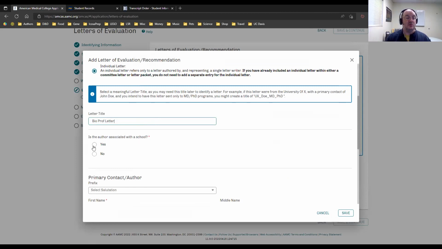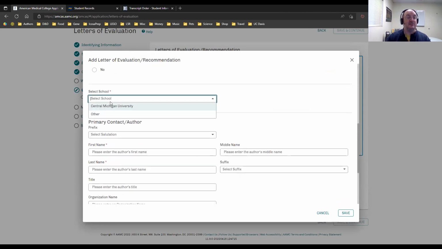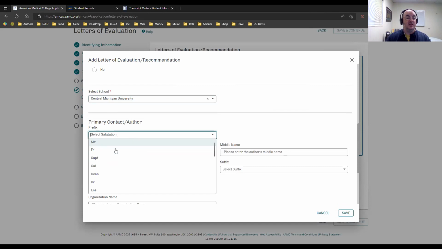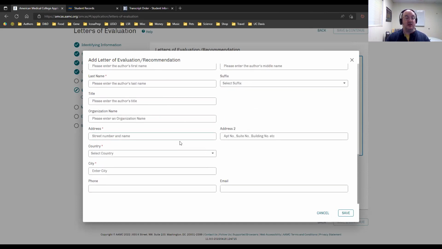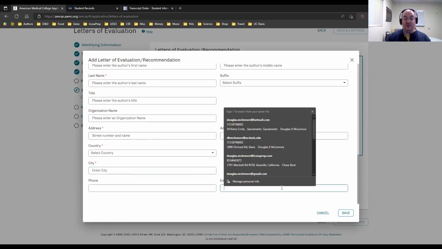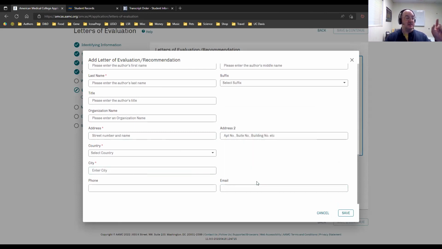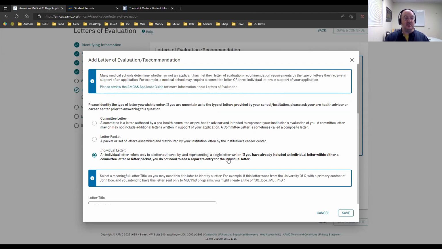Is it associated with the school? Yes, because it's maybe a faculty member at my school. Then all this fun stuff, like who the person is, what their title is, what their contact information is, and their email address. Pick a current email address, because when you save this, that is where this request is going